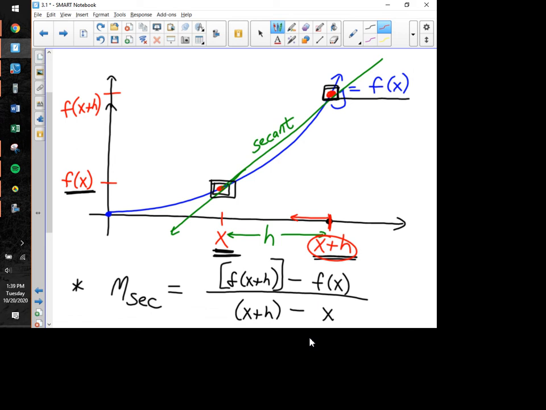Now, if we do that, let's think about it. This big red dot that's located right there, I'm not sure if I'm going to have any luck moving that thing. Yeah, okay, let's do that. If I moved it right over here, if I slid that a little bit farther to the left, now I'm going to call that secant 1, my second secant line might look something like this. So that would be secant number 2. Okay, and if I move that red dot a little bit further to the left, it might come down here, and now the next secant,